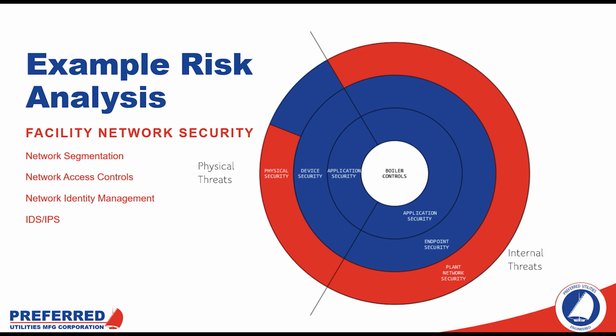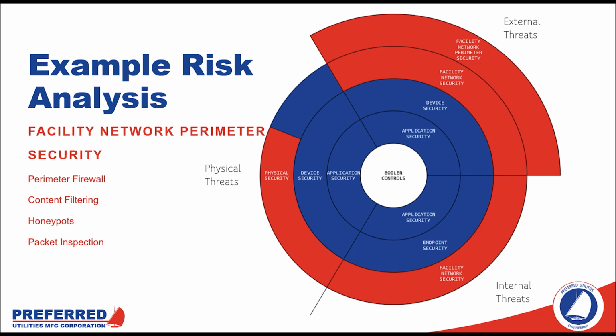And then to monitor all of these systems, commonly you'll see an enterprise with an intrusion detection or an intrusion prevention system in place that monitors the network for anomalies and things that seem out of place, something that would be very difficult for a human to recognize quickly. So now that we've analyzed the threats that are coming from the physical vector and the internal vector,